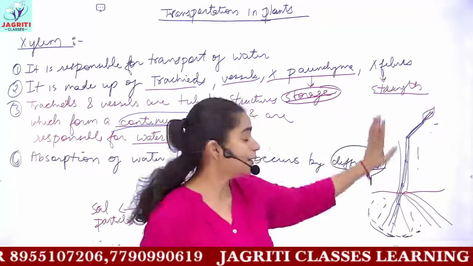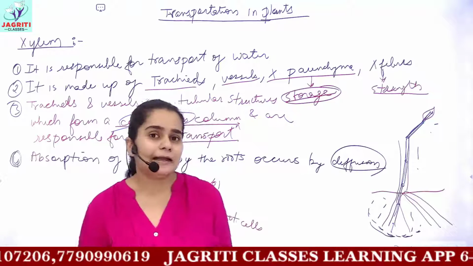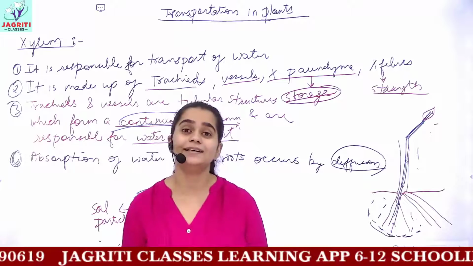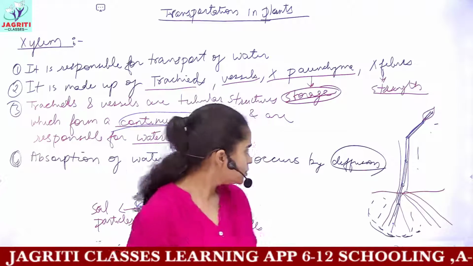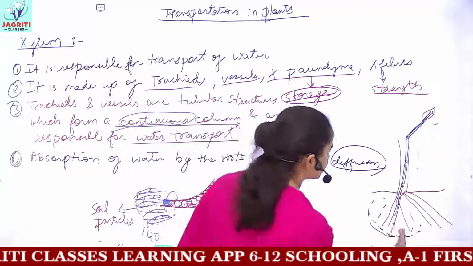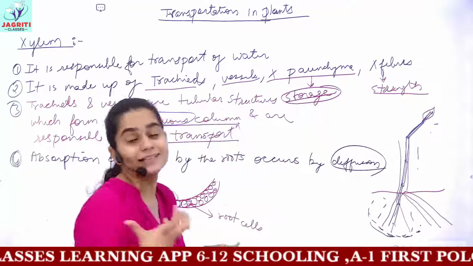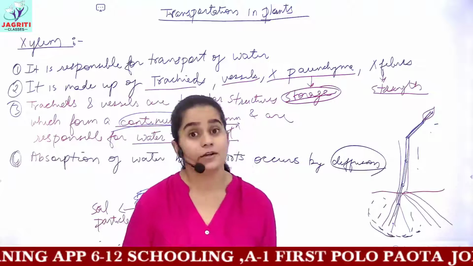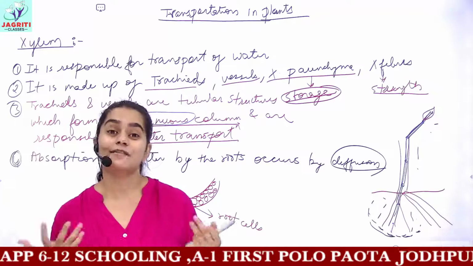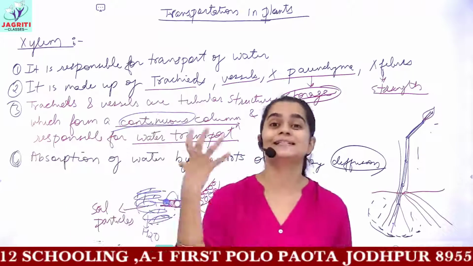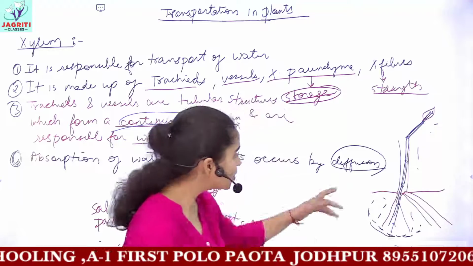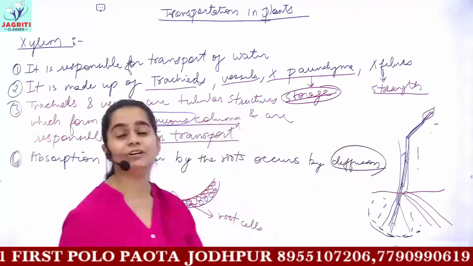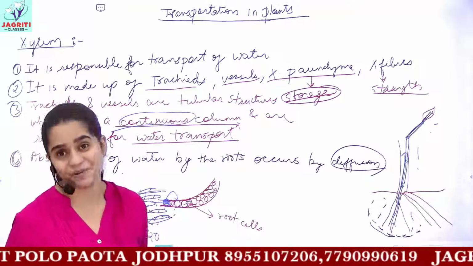And this would get transported to the higher parts. Now we say that we have a great force working on the earth, that is gravity. So how can this water travel upwards against this gravity force? Does gravity not apply on plants? No, it is not so. Gravity applies on each and everything present on earth. So how come this water is moving upwards against the gravitational pull?